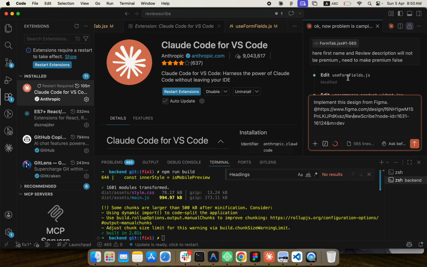Okay, so this is the process, Claude Code with VS Code and